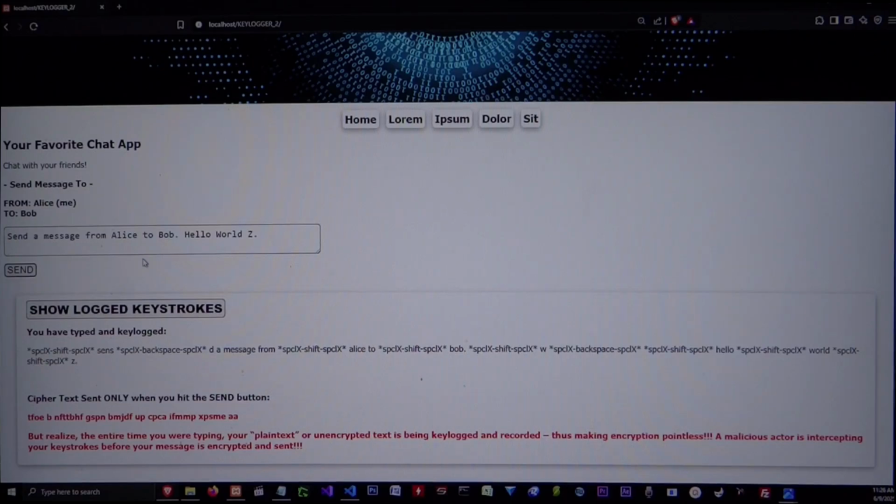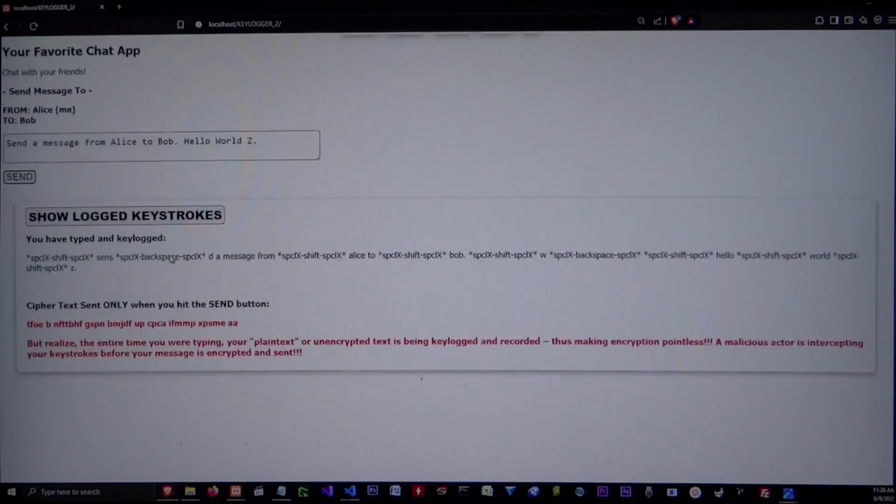So I just basically did a really simple Caesar cipher. That's just when you do a character shift. In this case, I just did a character shift of 1. So it's nothing too difficult. I mean, you can see that this is the plain text unencrypted message, and then down here, what I did was I just did a basic